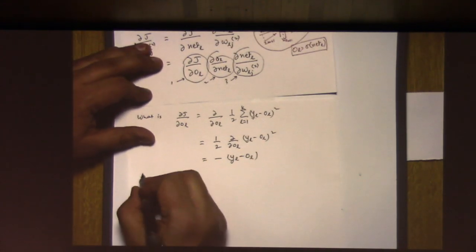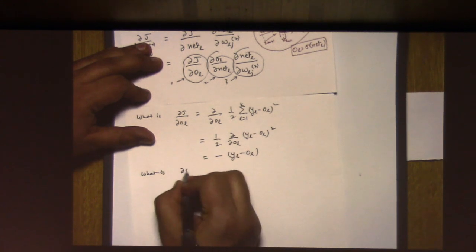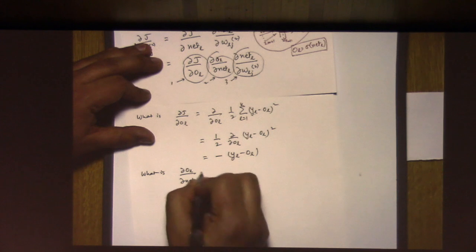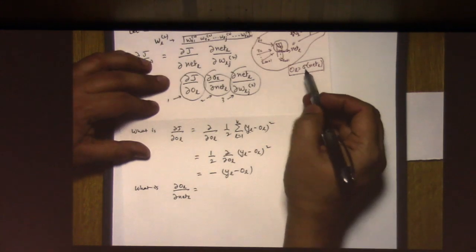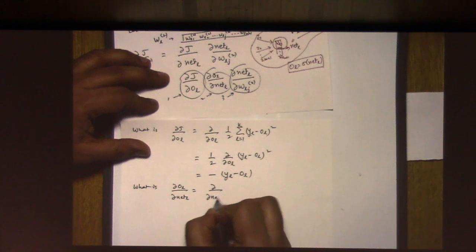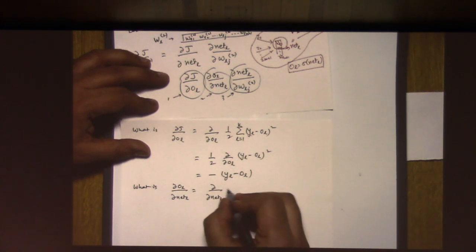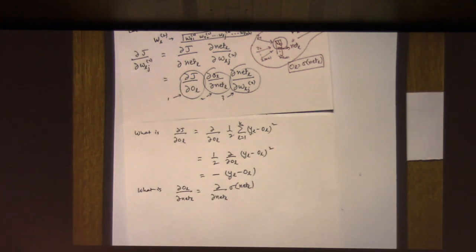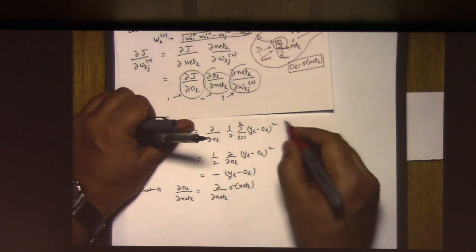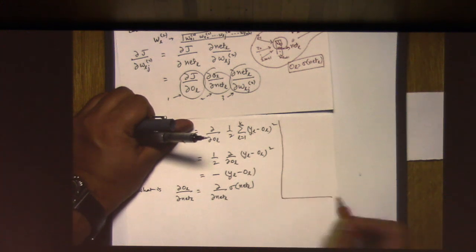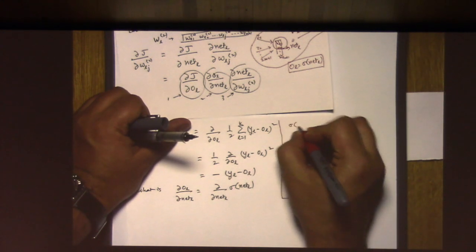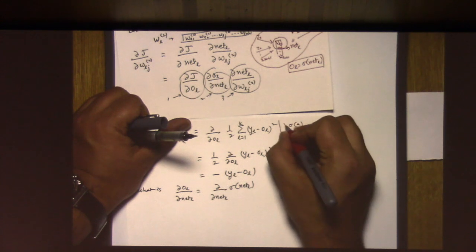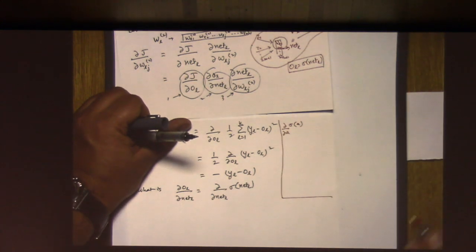So we have computed the first quantity here. Then the second question comes: what is d of O_L over d of net_L? Now remember that O_L is just a sigmoid of net_L, so it is d of net_L times the sigmoid of net_L. Here is where you will appreciate the simplifying value of the sigmoid function. We'll have a little sidebar here. If you have the sigmoid of any argument, let's say a, and you need to compute d of sigmoid of a,